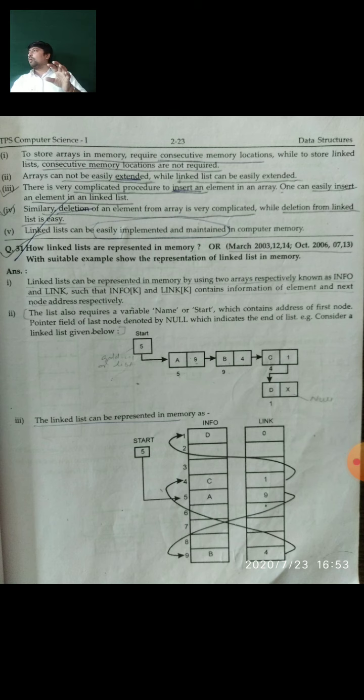You should also draw a diagram about the linked list, and half a mark will be divided with the definition of the linked list, meaning the division of the node into the link part and info part. Just explain the definition in short for 1 mark if the exam department asks, and 2 marks will be given to the advantages of linked list over the linear array. You can explain in detail as per your knowledge.